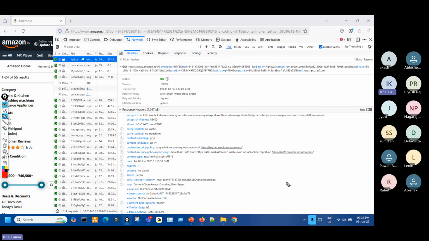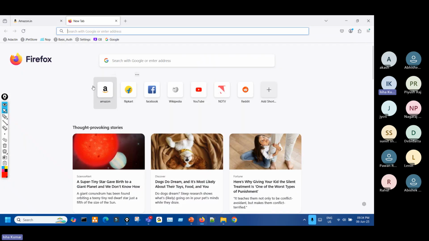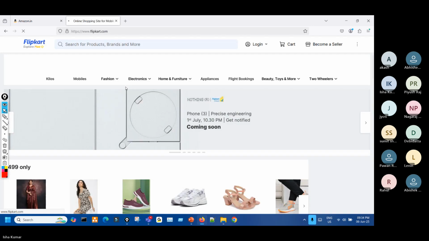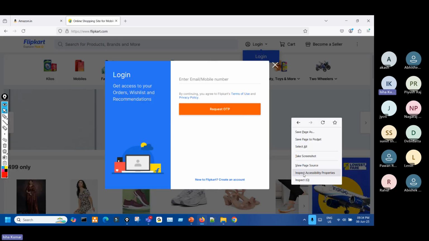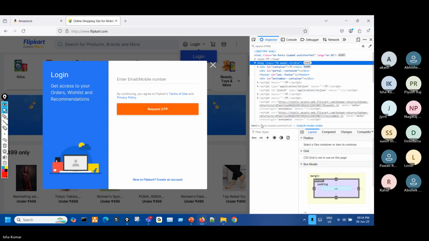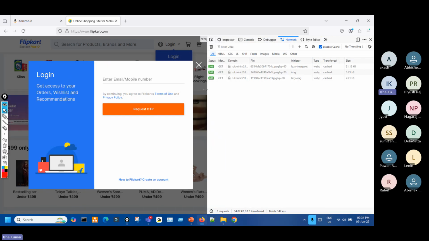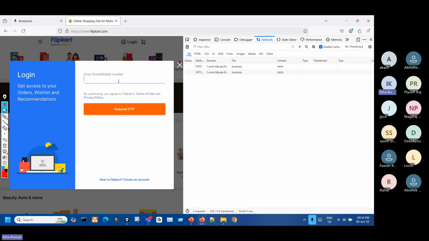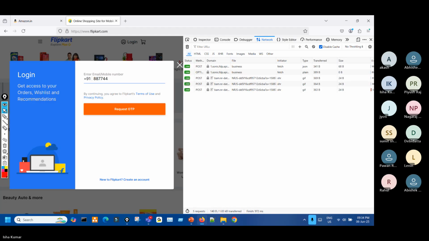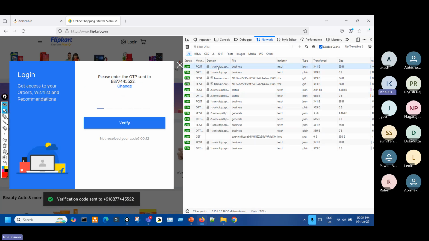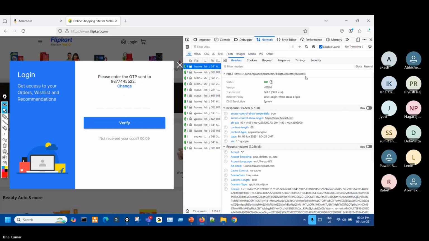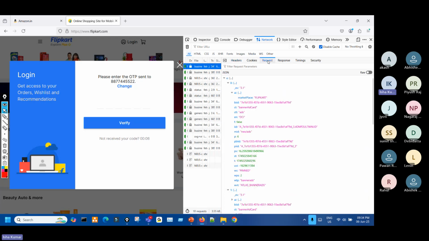Any request, if it has a body, you will see a request body tab here. So for an example, I'll show you. Let us say the same Flipkart. If I type a correct mobile number, it's 10 digits now, and if I hit the request OTP, you can see a request has been made here. This request. And if you go to the request tab,